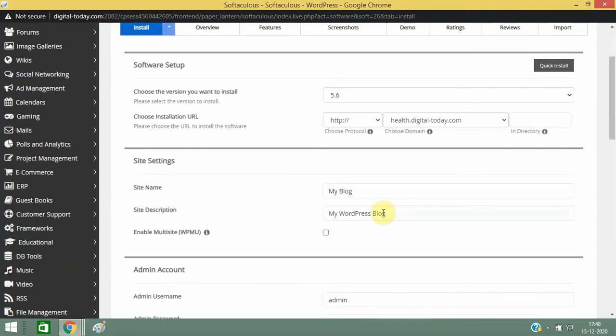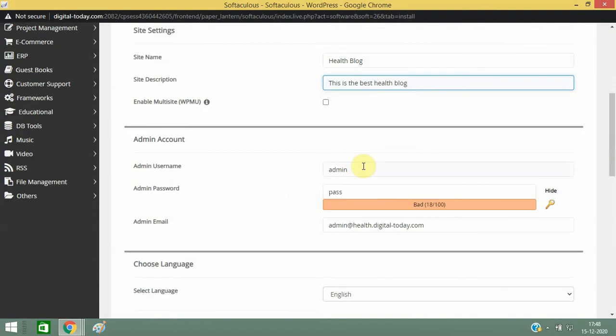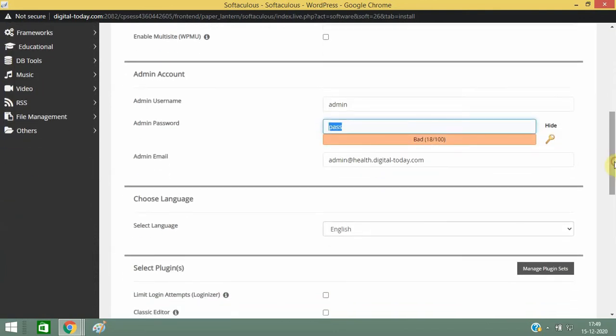You can type in the site name. Okay, so you can type this username, password. You can change it anytime.